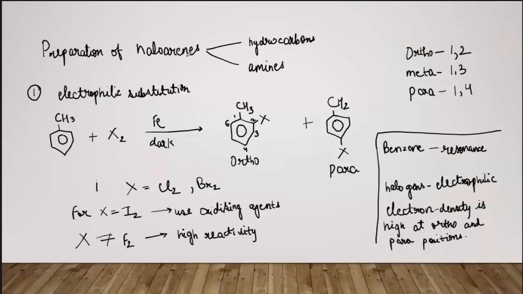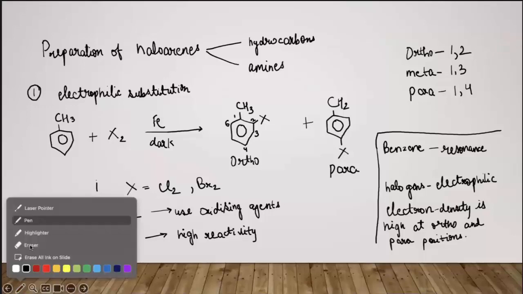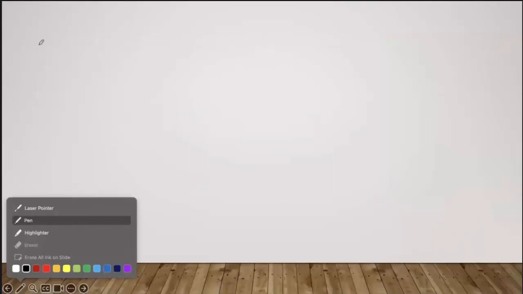Now the second method is using the amines, and this is a special reaction which is known as Sandmeyer's reaction. So the second one is Sandmeyer's reaction, and it uses amines as a reactant. So what we do here is first let me write down the reaction and then I'll explain the mechanism. This is amine. The complete compound with the benzene ring is known as aniline, plus